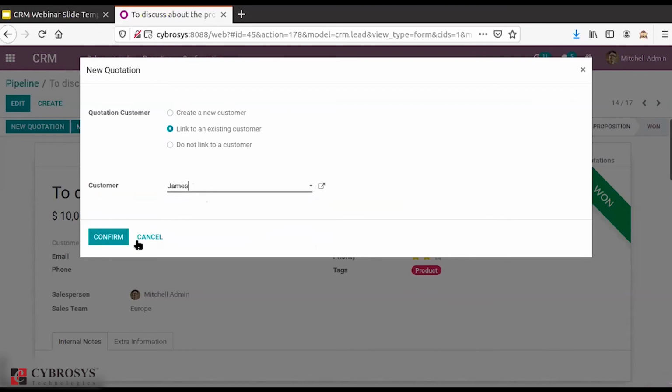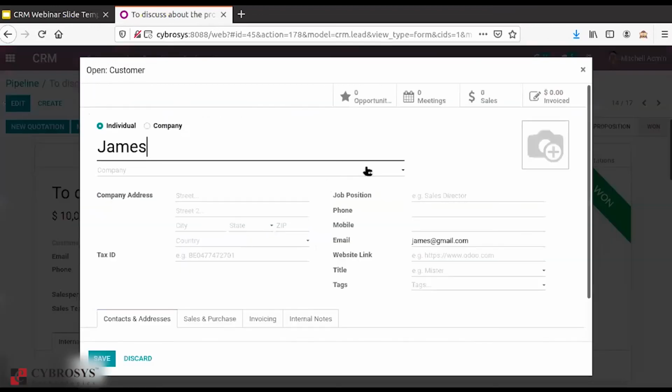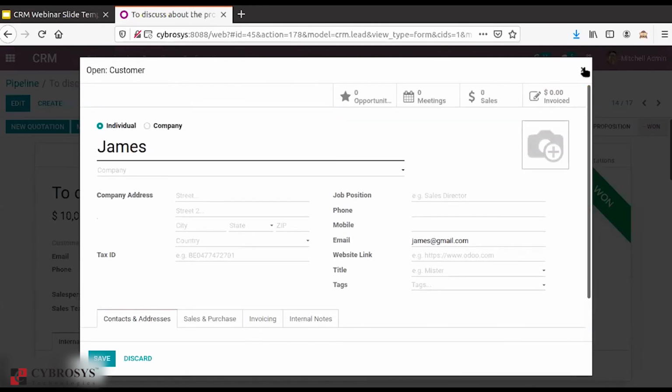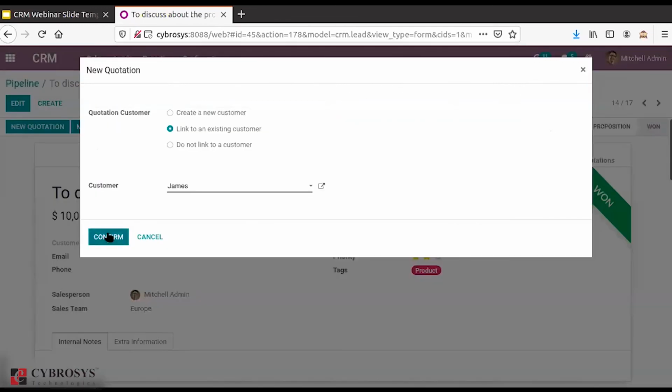Here suppose I am selecting my customer, and from this external view, it will take you to the page of the contact, sorry, the details of this particular person. Then I can confirm this.